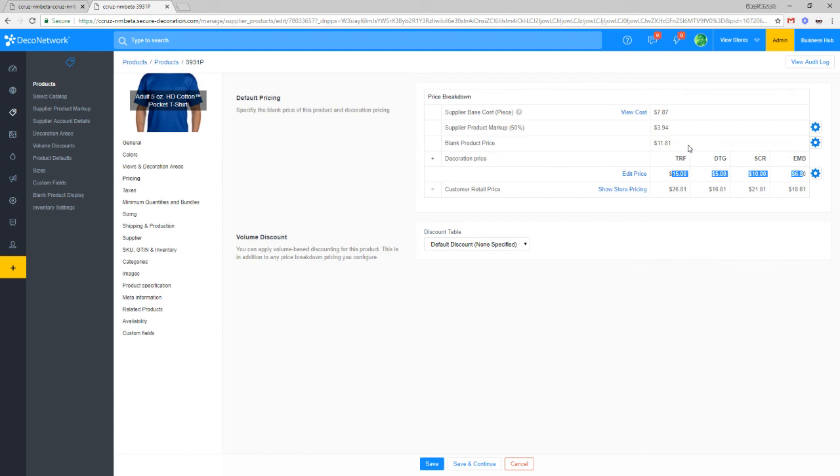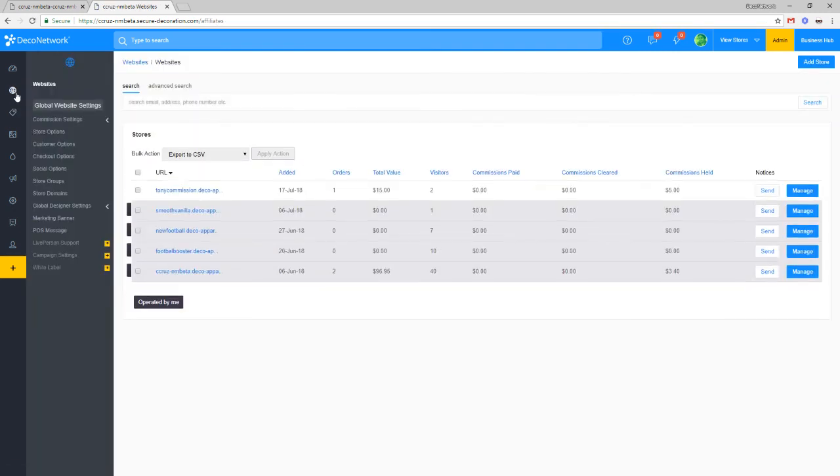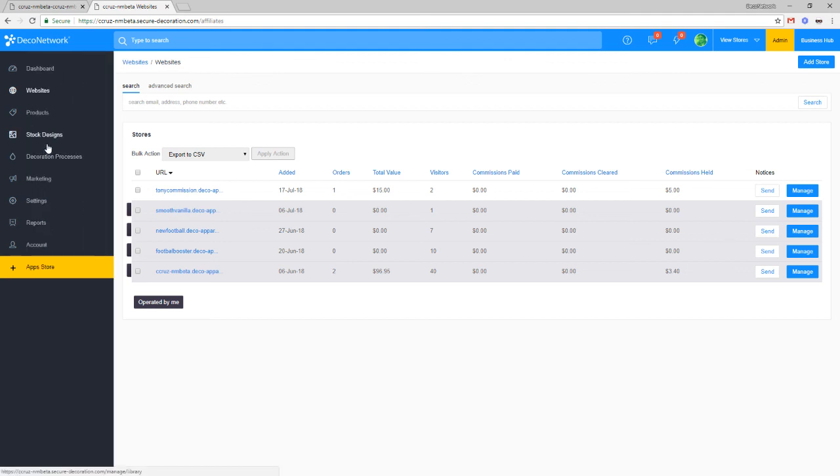But we have that combination to start from: blank product price plus decoration price. So those two things combined give you the retail price of a decorated product. And that's the foundation of all other pricing in DecoNetwork: blank plus decoration. And so that same price that we just looked at now is the same price that's offered to your affiliate